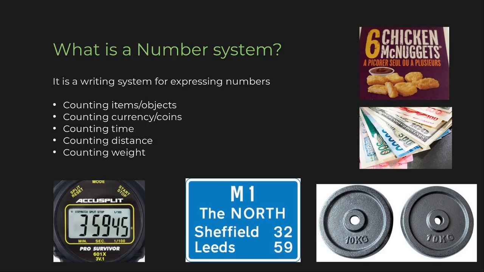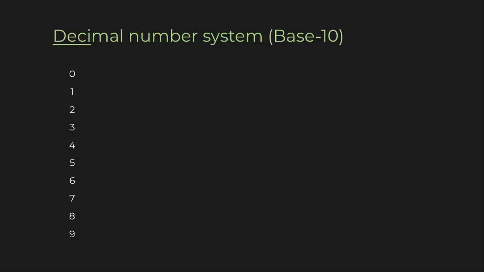These are several examples of how we use numbers in day-to-day life. Now, as you can see, all the numbers that we have seen before are in the decimal number system. This is the commonly used system. So deci means 10, which means in this system there are 10 digits: 0, 1, 2, 3, 4 up to 9. That's why it's also called base 10.